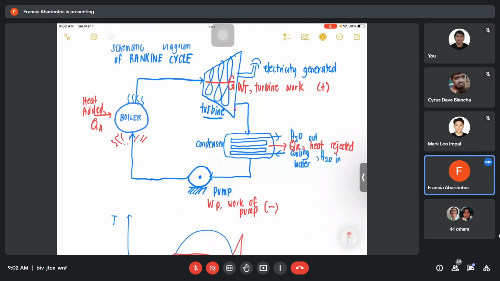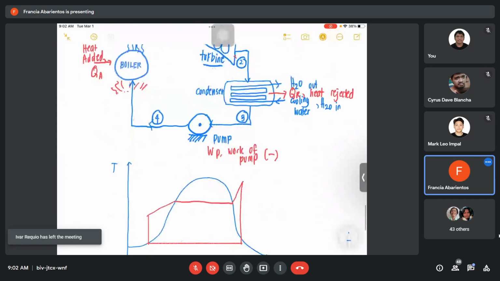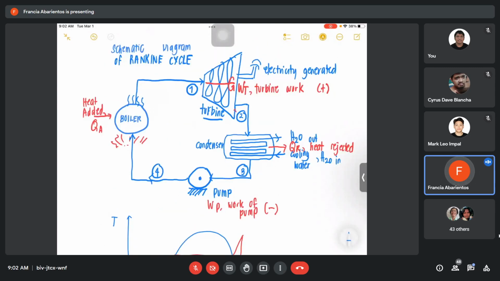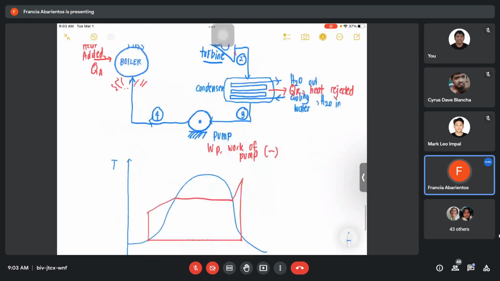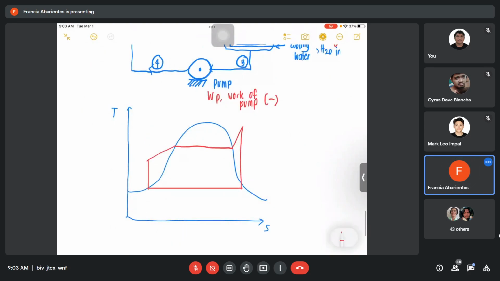First class, yung pinakauna natin in a TS diagram. So, from the heat boiler, this is point 1 class, ha? Ito yung gagamitin nating notation. Point 1. After the steam is extracted, we have point 2 here. Point 2 and point 3. And this is now point 4. Yan. Papuntang boiler, that is point 4. From point 1 class, as you can see, siya yung pinaka-peak. Kasi from the boiler, kung ano yung lumabas doon, that is considered as 1. Okay? So, this is now your point 1 here. Ibig sabihin, dito na yung nangyayari yung